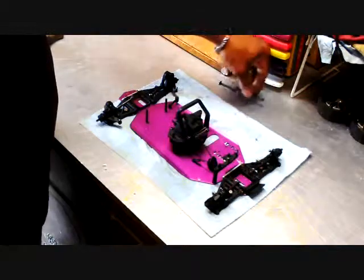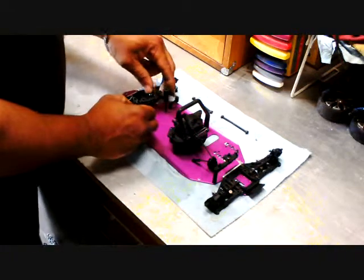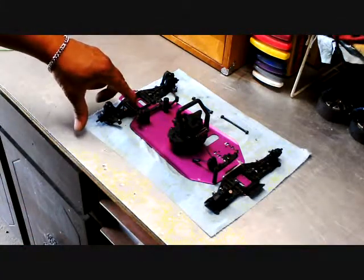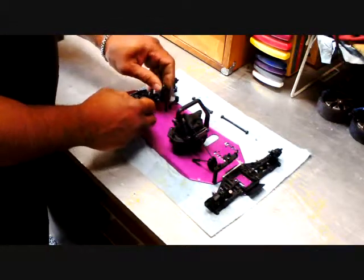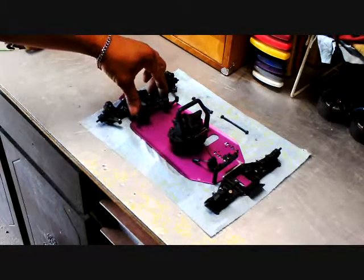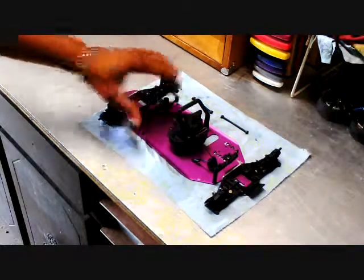Then these will go in there like such. Now this is the steering part. The steering, it sits in here like this on these two posts, slides down like that, and they connect to the actually it's upside down. They sit on there like that. And I would screw this on, but I can't do that part yet either. Now the turnbuckles that go to it, they connect to the ball joints right there. There you have